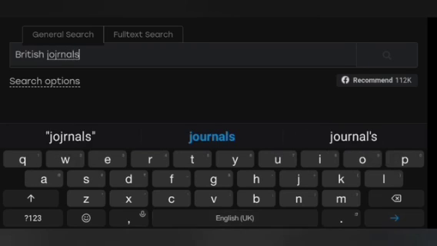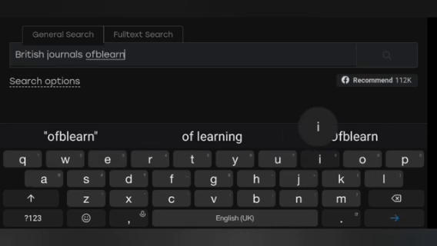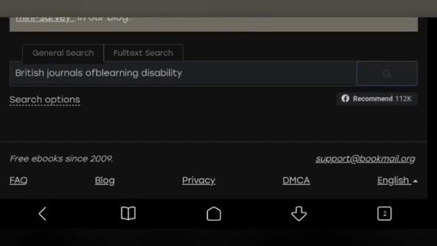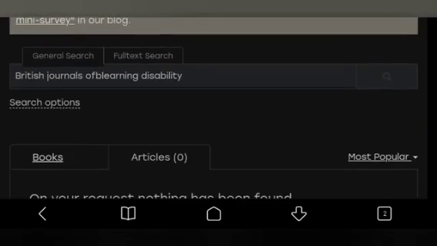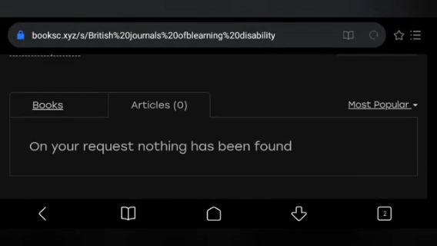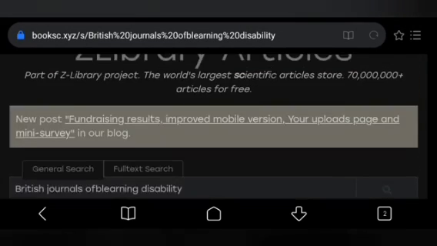If you want to download an article from a particular journal, that is also possible. You have to write that journal name, then you have to search, go to the journal, and then you can download. So here I'm just searching British Journal of Learning Disability. It didn't come because I didn't put it in a proper way, I guess.